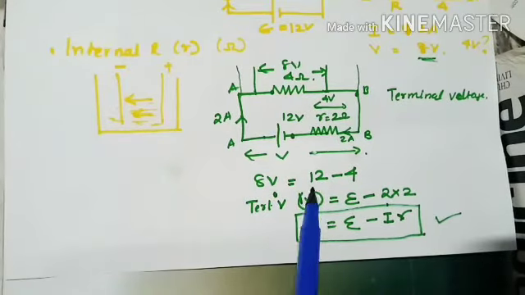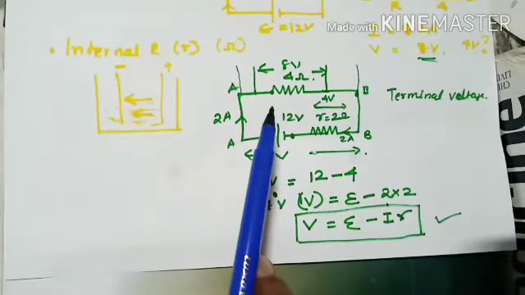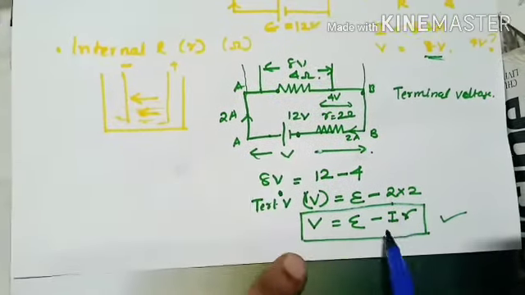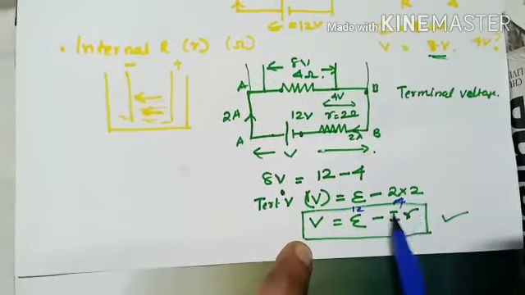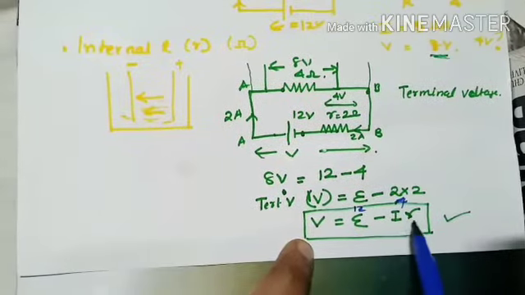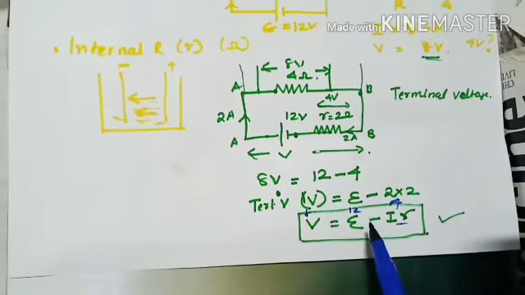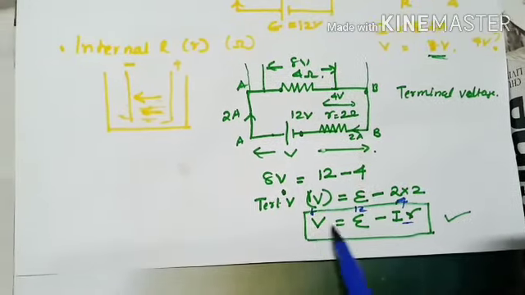I introduced this numerical method to make you understand that EMF, which suppose it was 12 volt, doesn't reach the external circuit when you connect it, and that voltage in an external circuit is known as terminal voltage, right? So suppose the EMF was 12 volt, then at least 4 volt might be lost due to its own internal resistance, which is small r. So the voltage which can rise in the terminals of the cell when it is connected to an external circuit is 8 volts. So there will be a reduction in voltage.